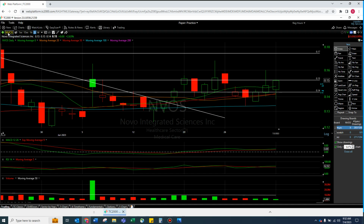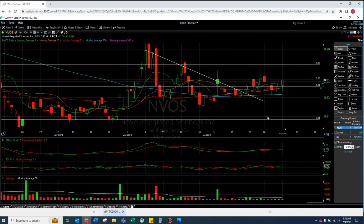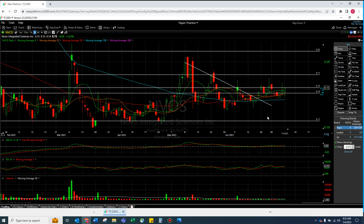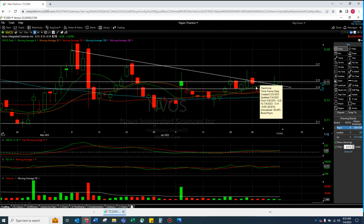Oh wow, I swear I didn't know NVOS looked like this. Man, look at this thing. Okay, this stock is just, I mean, on the border. It really wants to make a move and it just can't. I'm gonna see if this downtrend is worth moving at all. Even if I do that, so right, I go from there, I hit this corner, it actually ends up hitting